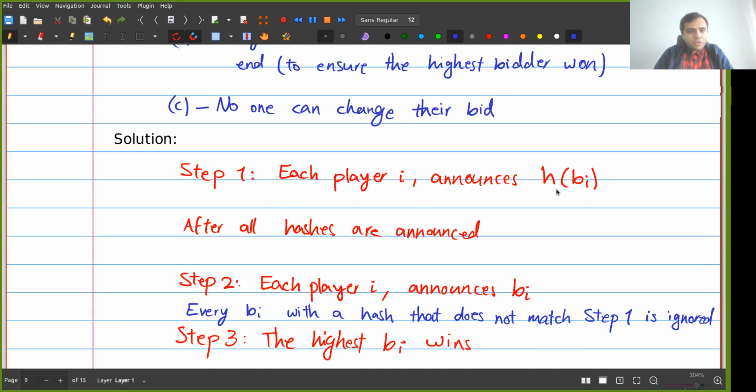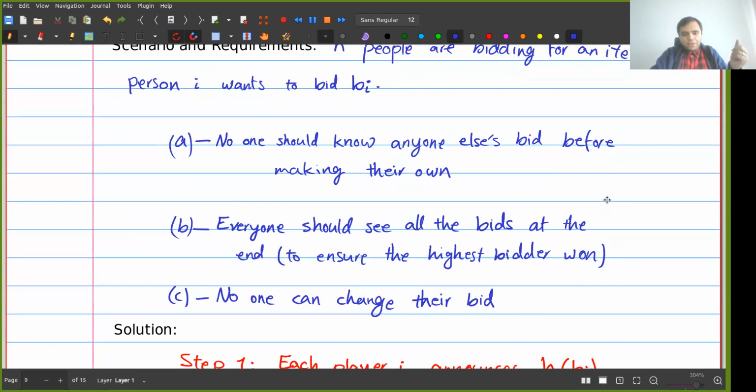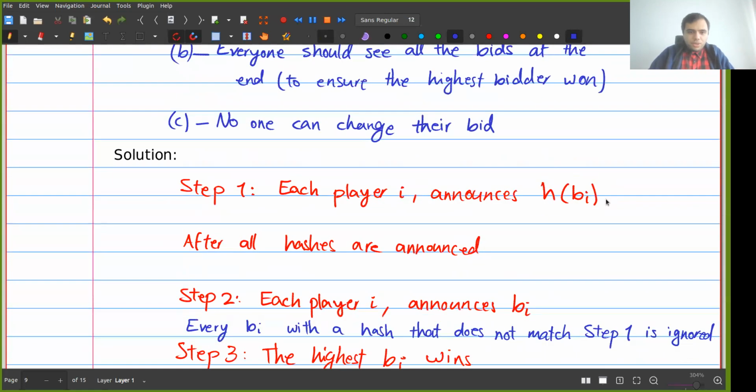So we want to make sure that this is not possible. And in order to make sure of that, we have to make our domain larger. It shouldn't be the case that the players have only 100 possible choices, so that someone can just brute force it. So what we do here is add another step, very simply, step 0. And what we say here is that each player